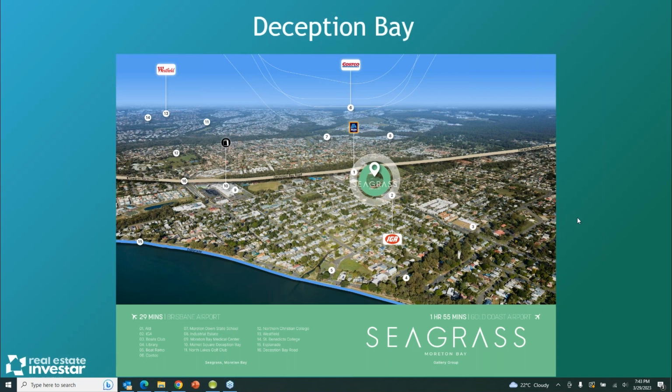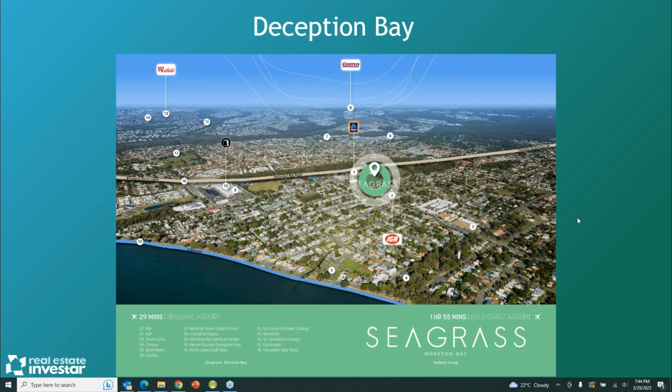So where can we build these co-living properties? As I mentioned at the start of the presentation, we do really need to build them in areas where there's demand, close to infrastructure, transport, employment. All that is very, very important. They've got about 3 estates around the southeast Queensland corridor. They've got one estate in Logan, near the Logan Hospital. They've got an estate coming up on the Gold Coast. So for anyone looking to invest in the Gold Coast, which is probably one of the hottest property markets in Australia right now, they do have some land there, a very small parcel, and they're offering some co-living options there.